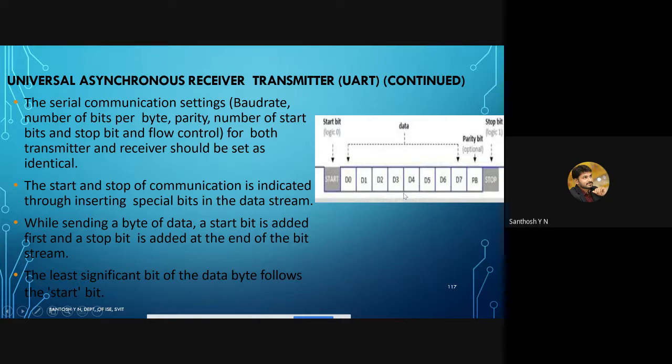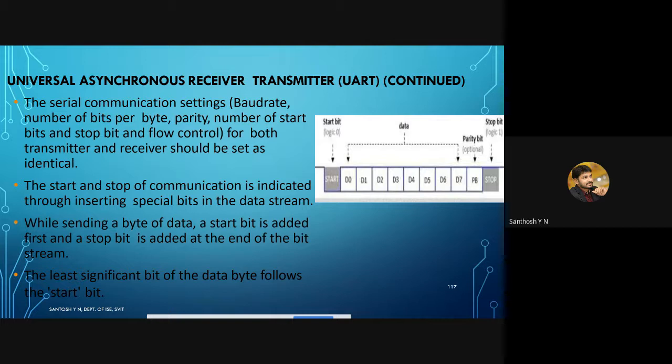If the number of ones received by the receiver is even, and the parity bit is showing 1, then it means that whatever data it has received is wrong. It comes to the conclusion that the data received is wrong because it is not matching with the parity bit. If the data has an odd number of ones and the parity is showing 1, then it comes to the conclusion that the data is correct.